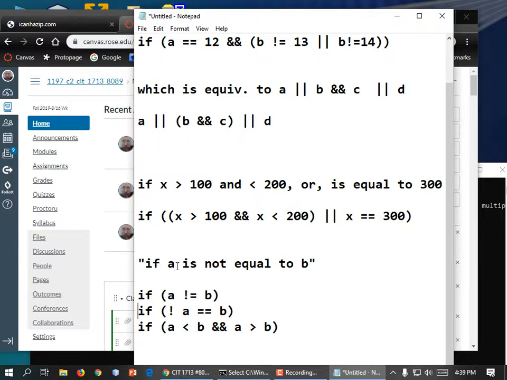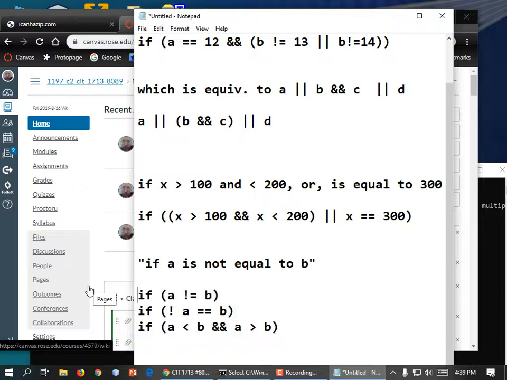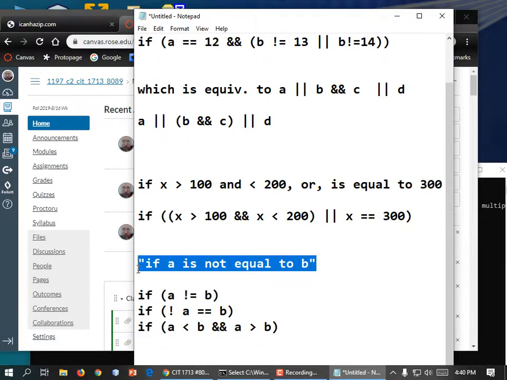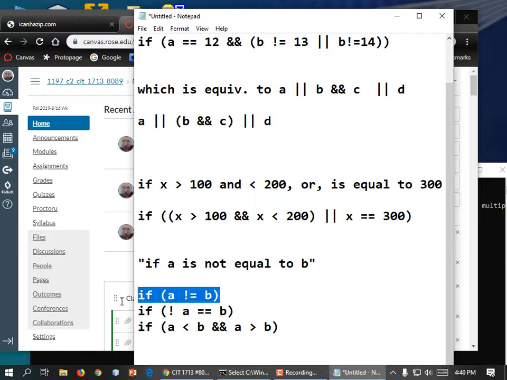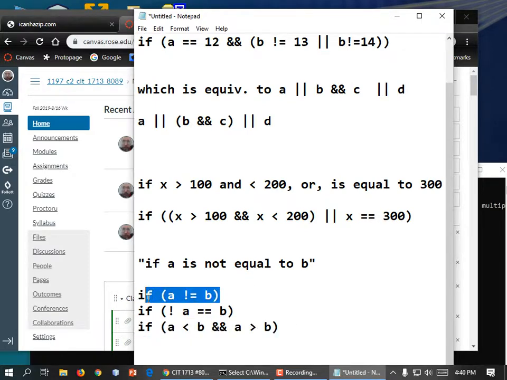Do we have to recognize all three, or just? Yeah. I mean, if the quiz question asks, is A, B, and C legal? Then you go, yeah, all three of those are legal. All three are the same as that. Now, when you're writing a program, just go with the simplest one, right? You don't need to deliberately try to choose the most complex one, but just recognize that this means if A not equal to B, this means if not A equal to B, which is the same, and if it's less than B,